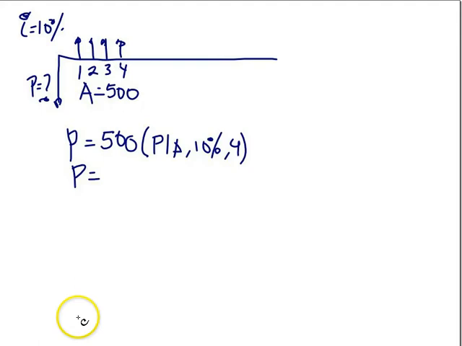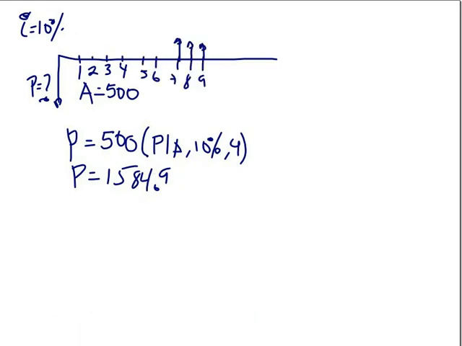The value for this computation is $1,584.93. So that doesn't represent any problem. Okay, so that's the first instance, and let's